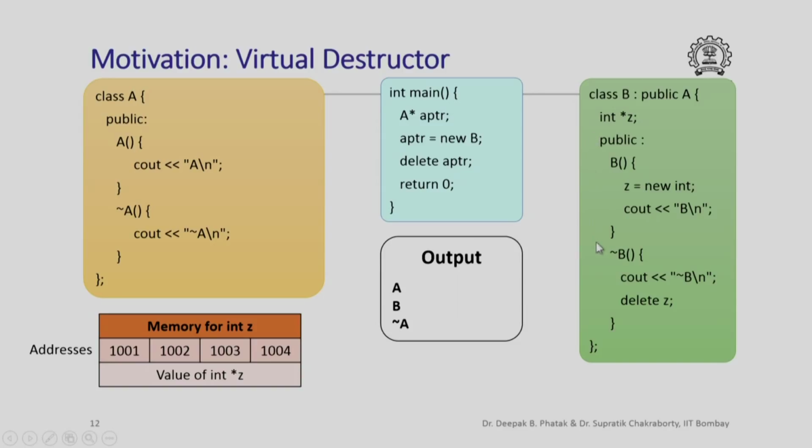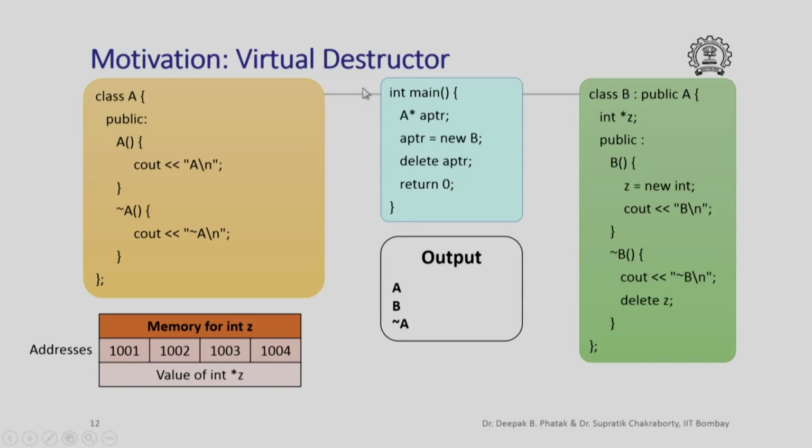Here is the constructor for B, which allocates memory for a new integer and then prints out B followed by a new line. Here is the destructor for B, which prints out tilde B followed by the new line, and if this destructor of B gets called, then it is going to free up the space that was allocated here in the constructor for that one integer. But the question is, are we going to be able to call this destructor